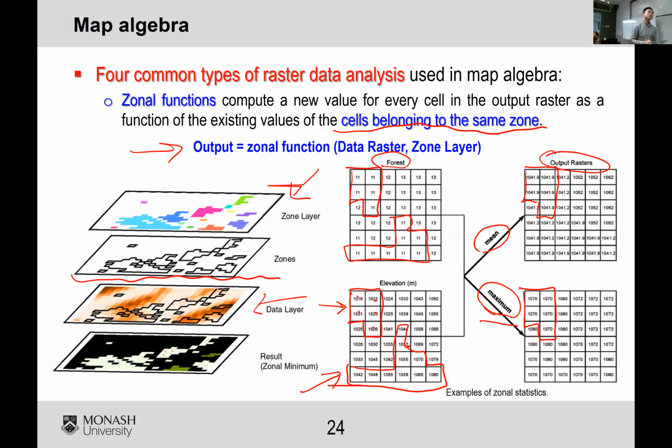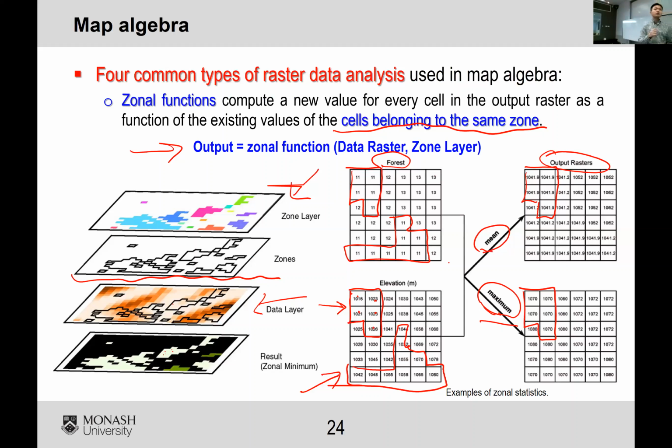Yes? Sorry, so is this basically just the way of applying an average of values to something else? An average of... So like taking the average of one layer and adding it. Well, not necessarily. It depends on what you want to get. So here, mean is just one operation. You can do maximum or a range or majority. So in this case, mean is just getting the average elevation, but you can find the maximum or minimum elevation